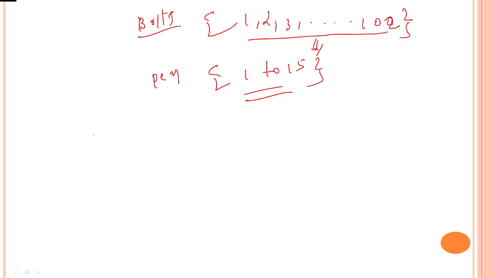And one more definition is there, that is continuous and discrete sample space. Continuous sample space means,